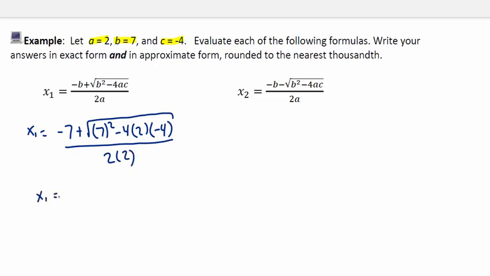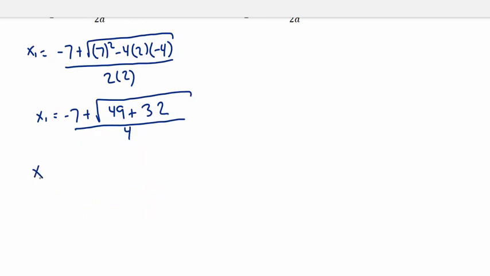So simplifying this down, I get that 7 squared is 7 times 7, or 49. We have an even number of negatives being multiplied, so that's plus. 4 times 2 is 8, and 8 times 4 is 32. My denominator, 2 times 2, can be written as 4. Simplifying further,